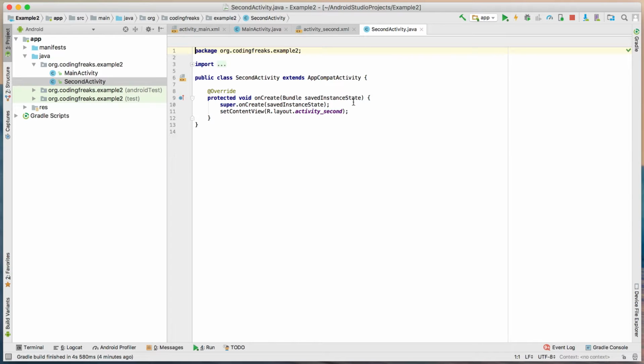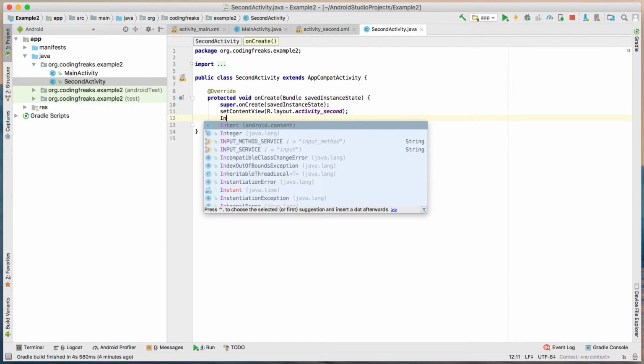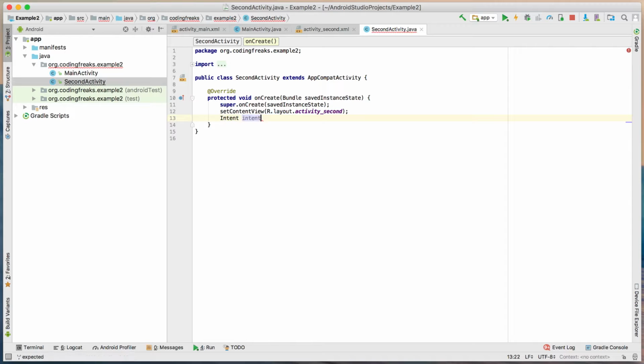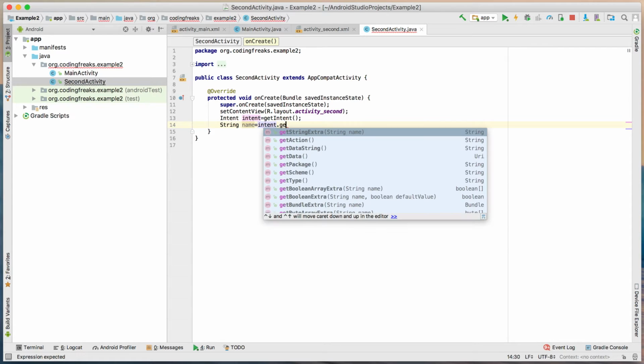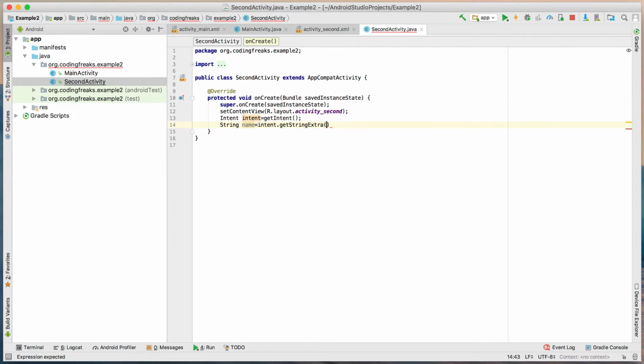Now move to the SecondActivity.java file. In onCreate method, initialize the intent object. Fetch the string values for keys name and age in objects by calling the getStringExtra method and passing the key.